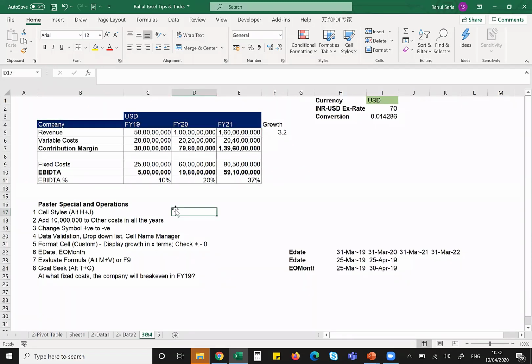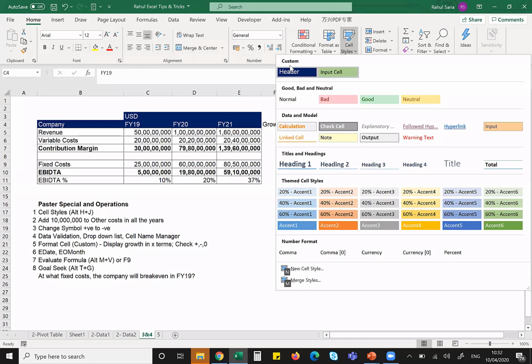See the beauty? In fact, I've not made it center aligned. That is why it has moved out. Even that can be done. The beauty of cell style is that you can have multiple cell styles ready in your worksheet, which you use regularly. Next time, for any such change, you need not select that data, go and change the font, change the size, change the boldness or italic or underline. You can just keep it in Alt H J as different cell styles in your own names. I've created two. One is the input cell, one is the header, and I'm using them.